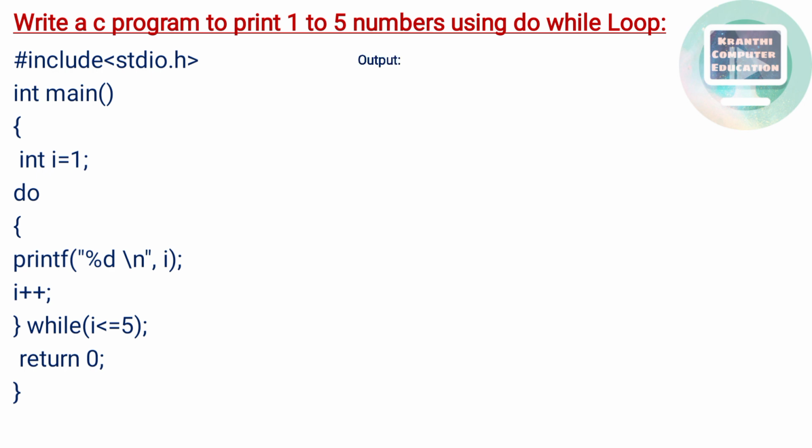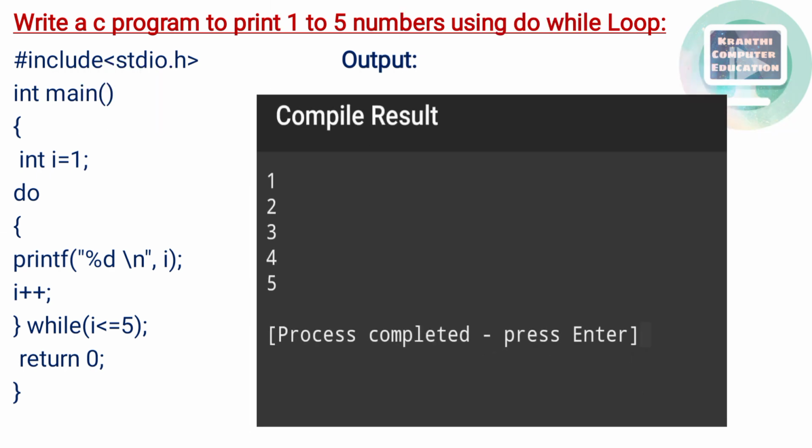If you run this program, we will get output like this. I already ran this program on a C compiler. I am going to share with you the output for this program. This is the output which I got on the C compiler. See here, our value is 1, which is assigned to the variable i. Here our variable is i and that is initialized with the value 1.